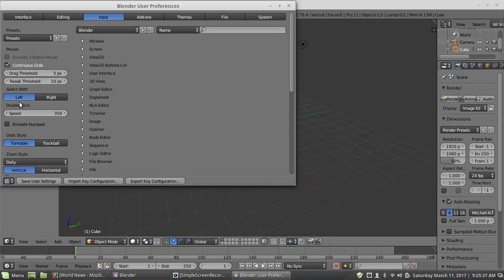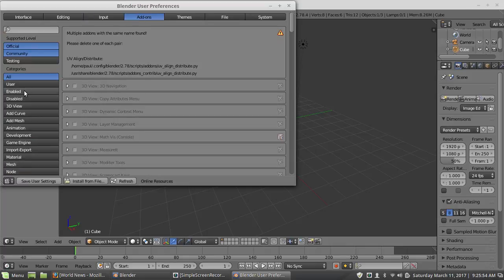my input settings. I have my mouse set to select with the left key. That's my personal preference. But if something doesn't work, the same for you. When I say to select something, that probably means that it should be the left mouse button, because I know Blender defaults to the right.